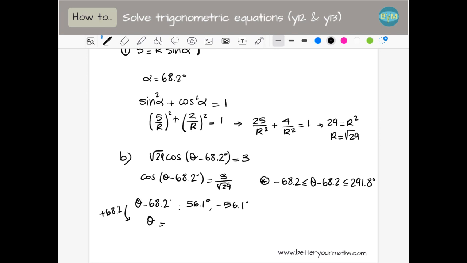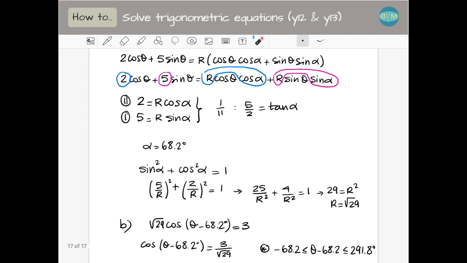My first solution, because it's smaller, is going to be 12.1 degrees. And this one plus 68.2 is 124.3 degrees. And this is how I solve these equations, where I have